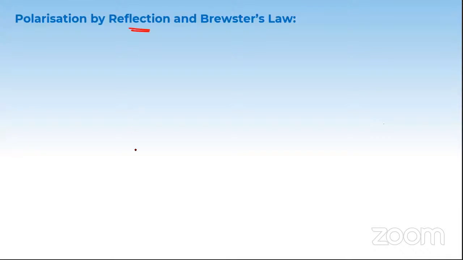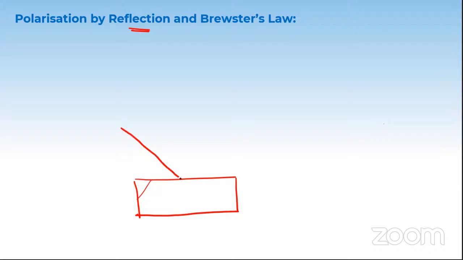Okay, you already know that very clearly. So whenever there is reflection, imagine there's a glass slab here and a light wave is hitting this glass slab. When it hits the glass slab, it undergoes refraction and passes through the medium. Okay, so what we're going to do is the same thing here.